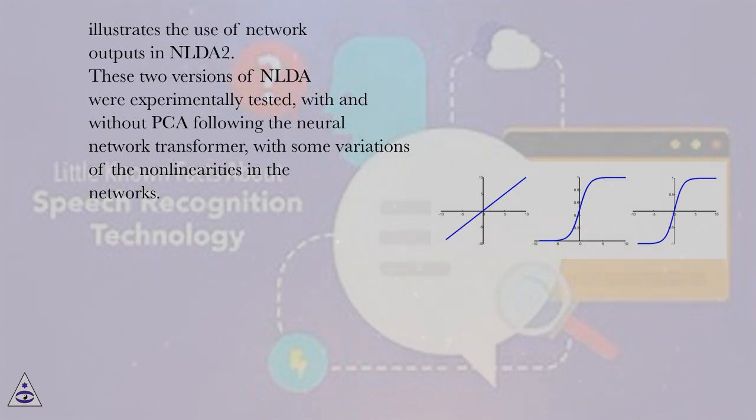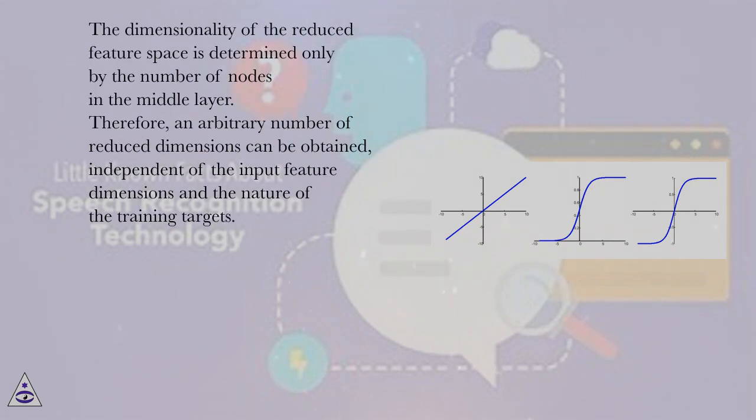These two versions of NLDA were experimentally tested, with and without PCA following the neural network transformer, with some variations of the nonlinearities in the networks. The dimensionality of the reduced feature space is determined only by the number of nodes in the middle layer. Therefore, an arbitrary number of reduced dimensions can be obtained, independent of the input feature dimensions and the nature of